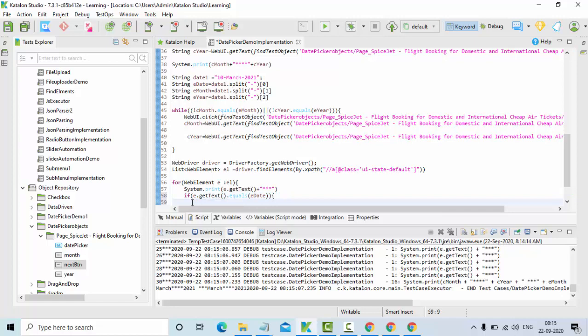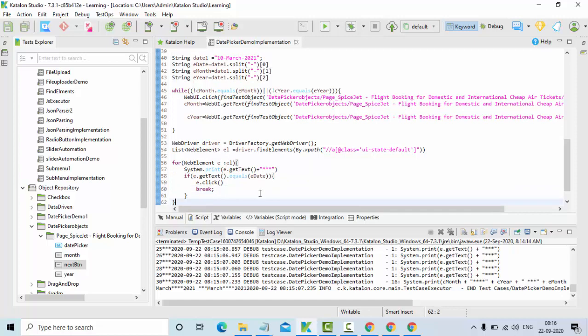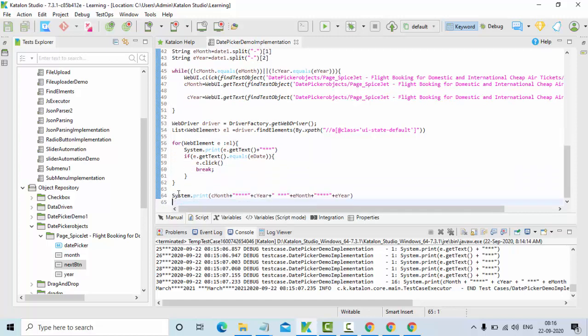Once it is equal, I'll click on that element. Then I'll come out of this for loop. That's it. Nothing more.